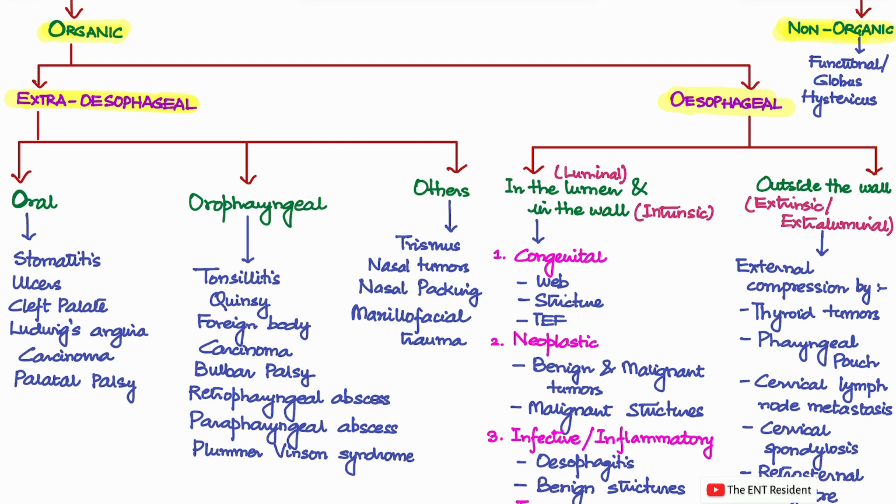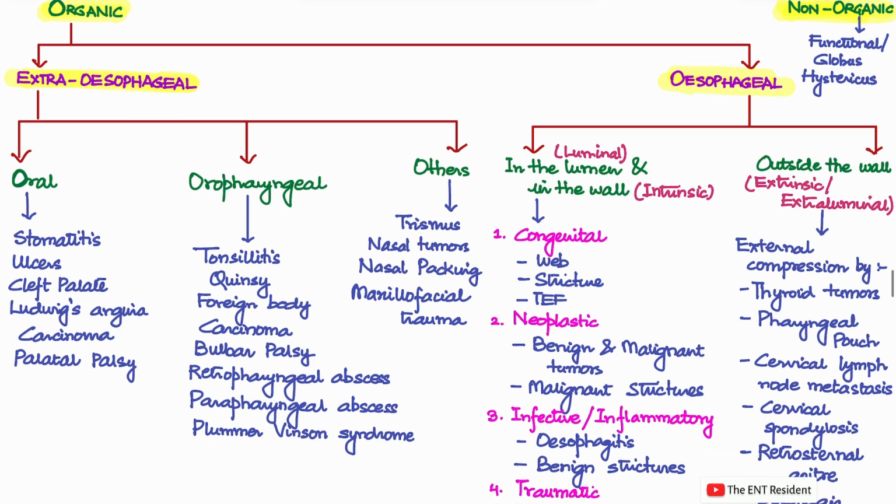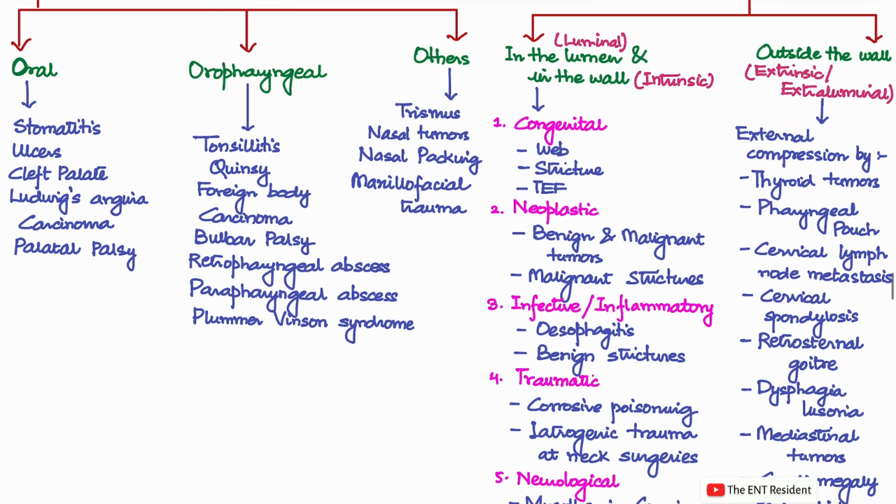Next, we move on to the esophageal causes. Here, again, it can be divided into two types. One are causes which are in the lumen, also known as luminal causes, and in the wall, the intrinsic causes. And the second one is the outside the wall causes, which is outside of the esophagus, which is extrinsic or extraluminal causes. So, extraluminal causes can be anything which is causing an external compression on the esophagus, for example, by